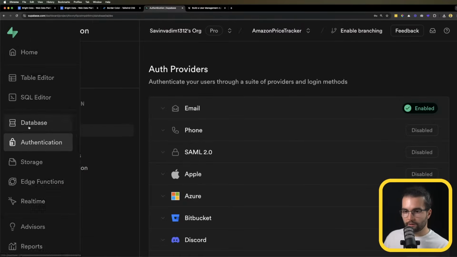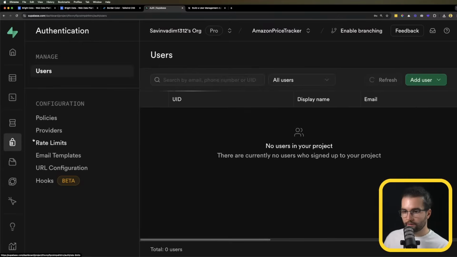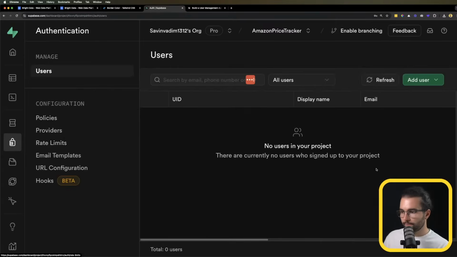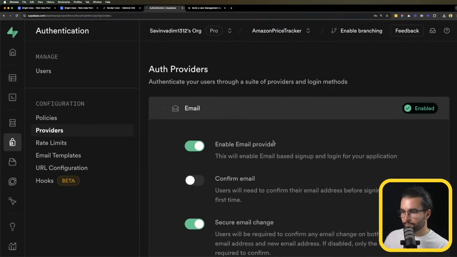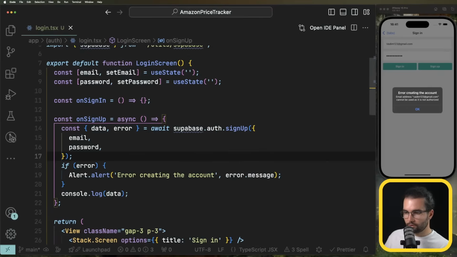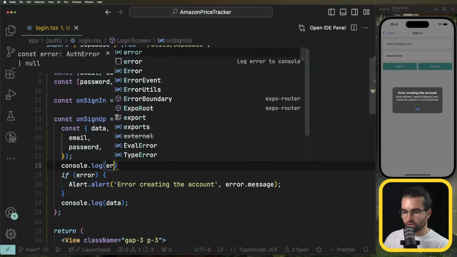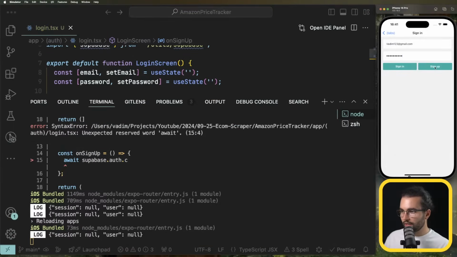And in our case, of sign up, email and password. And we get the error. Let's go ahead and console log the error to see what's going on there. If I do sign up again,